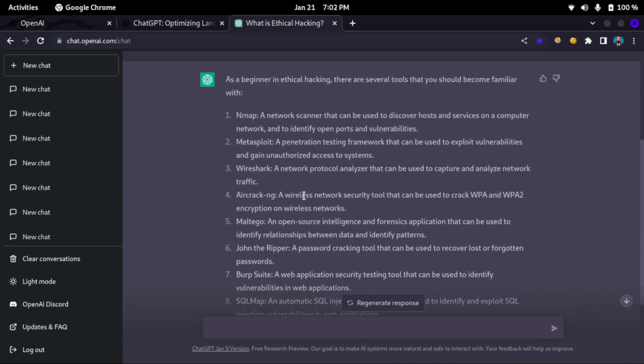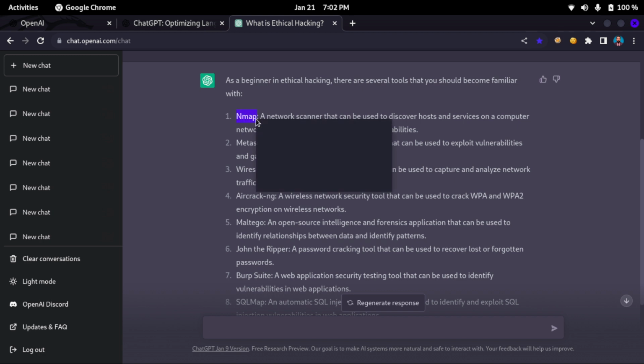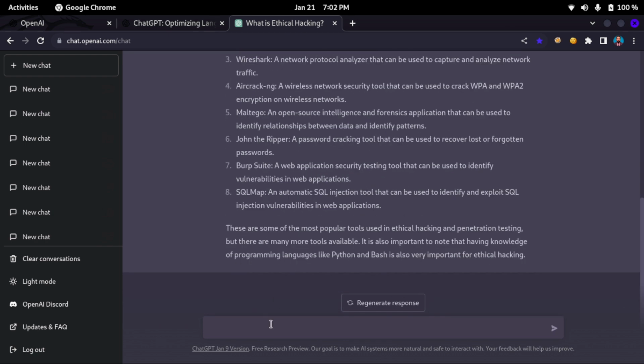Yeah, so we can actually query if you are not aware of what is Nmap and all. We can use a distribution, like an operating system, where all these tools are already installed. So we can ask ChatGPT,